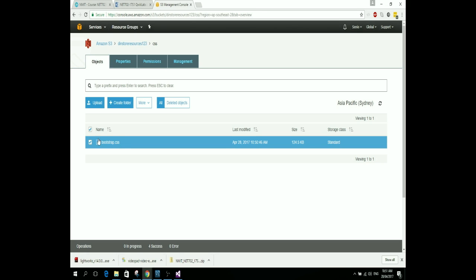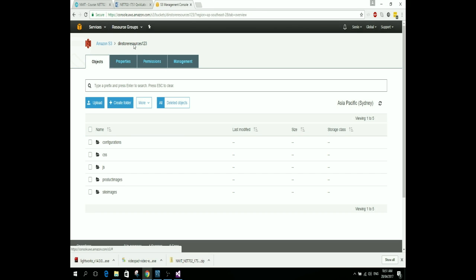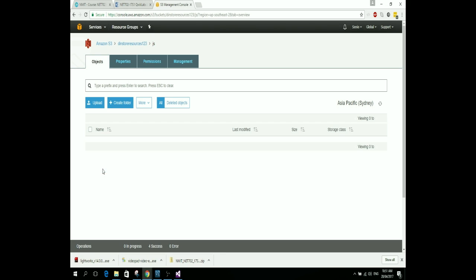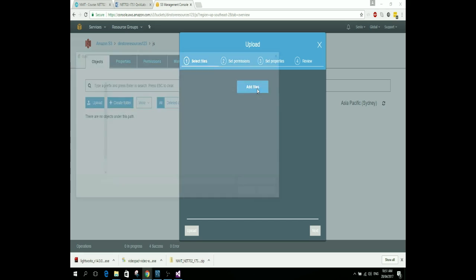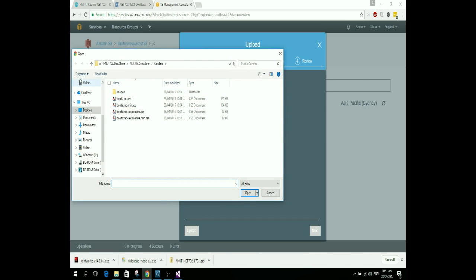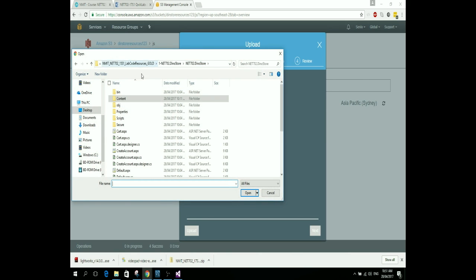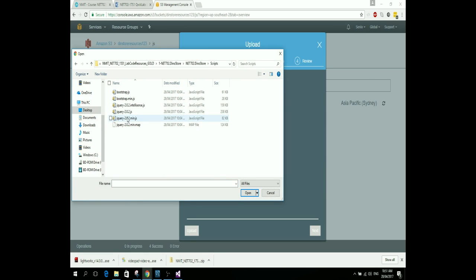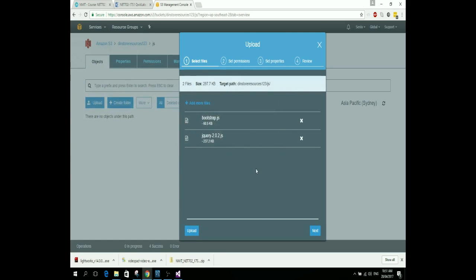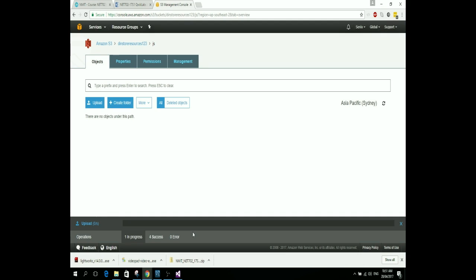So once we've uploaded our Bootstrap, we also want to upload our JSON script, and I believe there are two files we'd like for this one, and they are the jQuery.js and bootstrap.js. Let me just check that so I don't break everything. Okay, good. So we upload these,